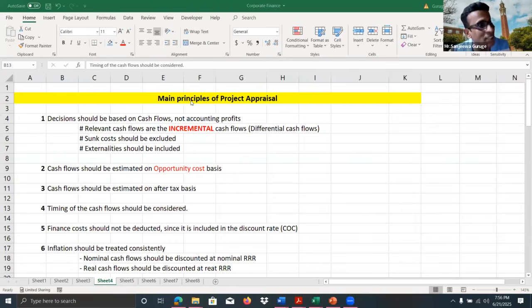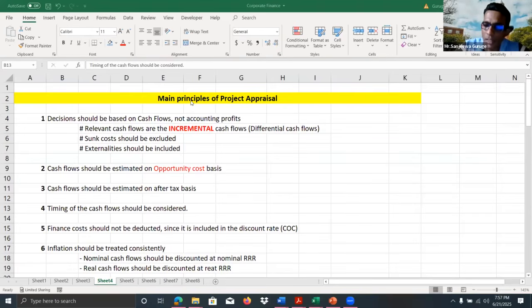So one answer was a company that produces, maybe, bikes. What will happen? Due to the new product, the demand for the existing product also increases, right? So that is positive externalities. Here we should consider if the new product has any particular relationship, maybe positive or maybe negative, and due to that, if there is an impact on some of the existing products or existing operations, that should be considered, because that is incremental.